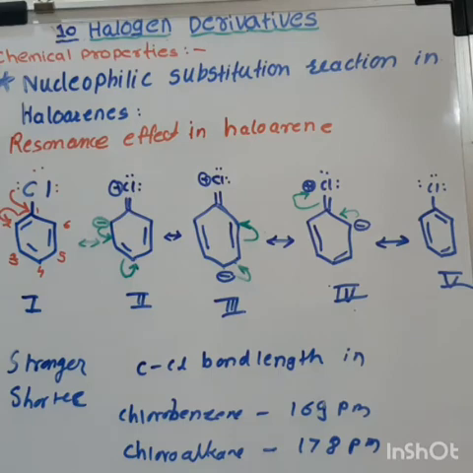All this discussion shows that nucleophilic substitution is difficult, but it is possible when an immense amount of energy is provided to break the carbon-chlorine bond. As the carbon-chlorine bond length is 169 picometer, it is difficult to break this bond, but it is possible when immense energy is provided to break this carbon-halogen bond in haloarene. Energy is provided in the form of pressure and temperature, and a good nucleophile is required. So let's see an example.